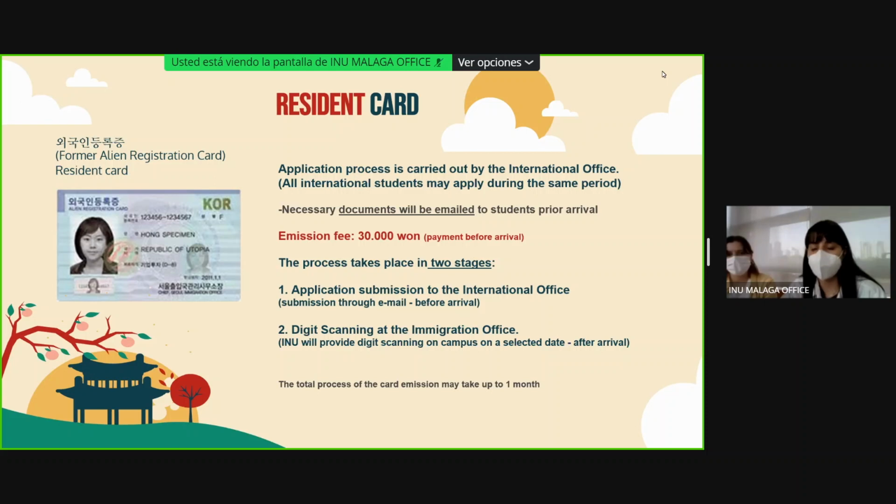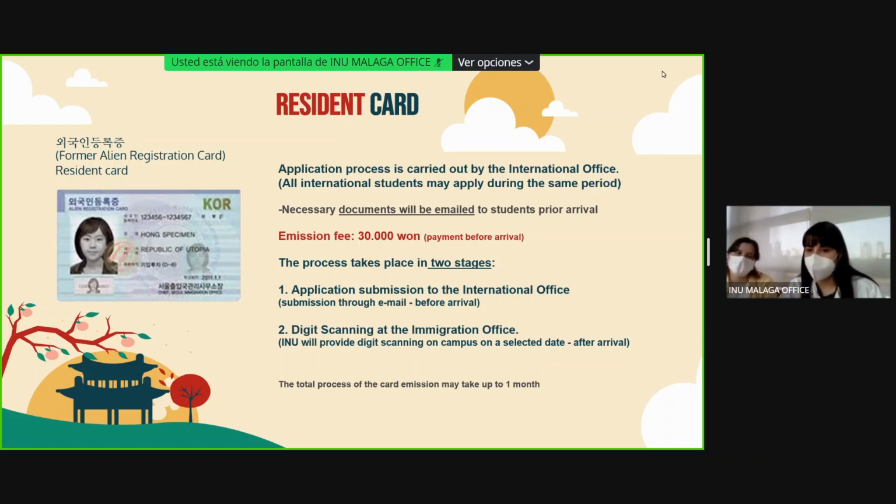The necessary documents will also be emailed before arrival, and the process can take up to 1 month. So the university will send the documents to you in advance so that we can shorten that preparation time. The fee that we need to pay is 30,000 won. Without paying this fee, the process won't take place.